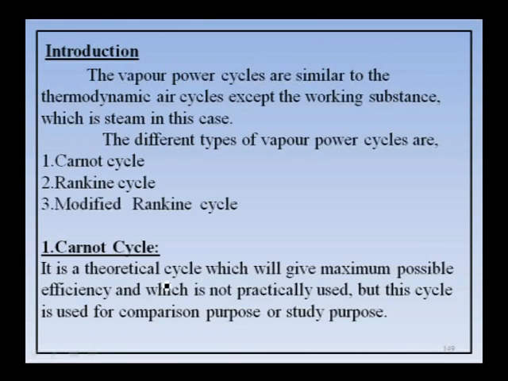Okay, vapor power cycles are similar to thermodynamic air cycles. That means in unit 2 we already completed the air cycles, Otto cycle, diesel cycle, and like that. Similarly, these thermodynamic vapor cycles are also similar to air cycles, except for the working substance, which is steam in this case. So steam is the working substance in vapor power cycles. That steam may be dry steam, wet steam, or superheated steam. Any steam you can use in these cycles. The different types of vapor power cycles are